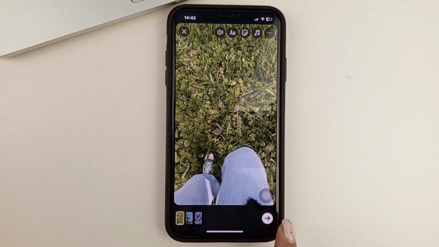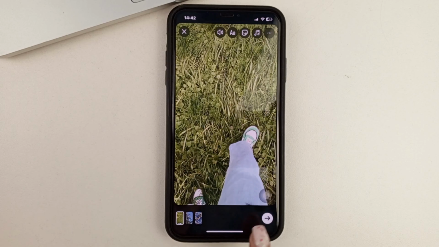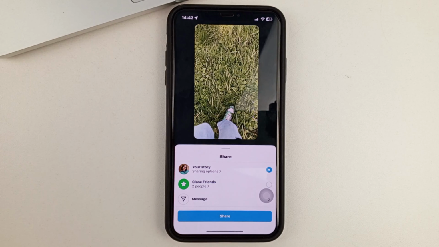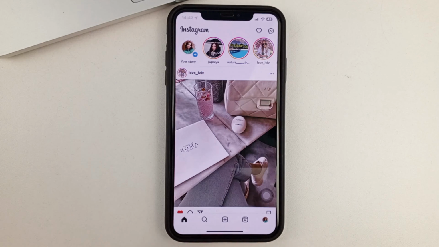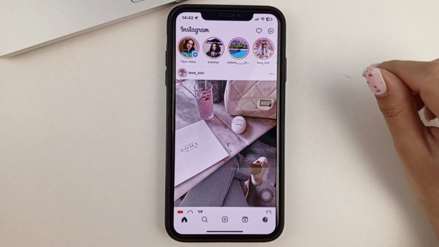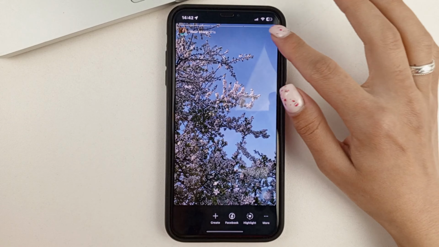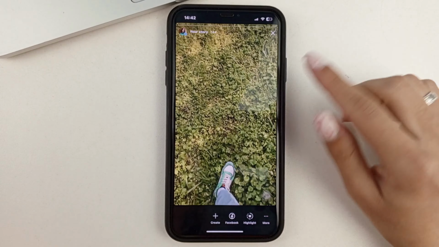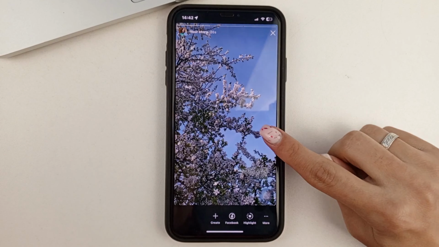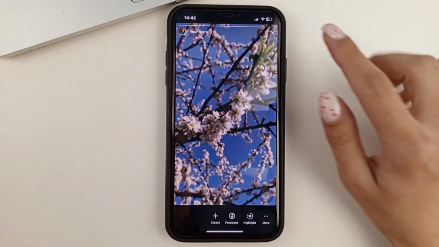And once you've edited them, you click Next, and then you click Publish. And then the videos will be published on your page. In a certain order, in the order that you selected them. Now the videos will load. I'll show you what it looks like. Here's the first video, the second video, and the third video.